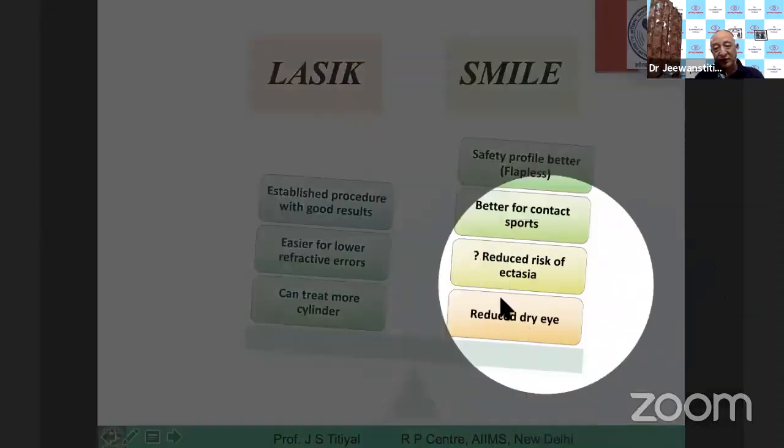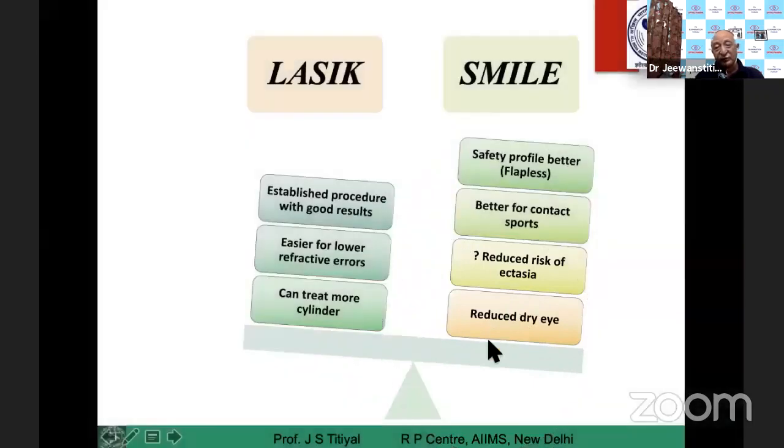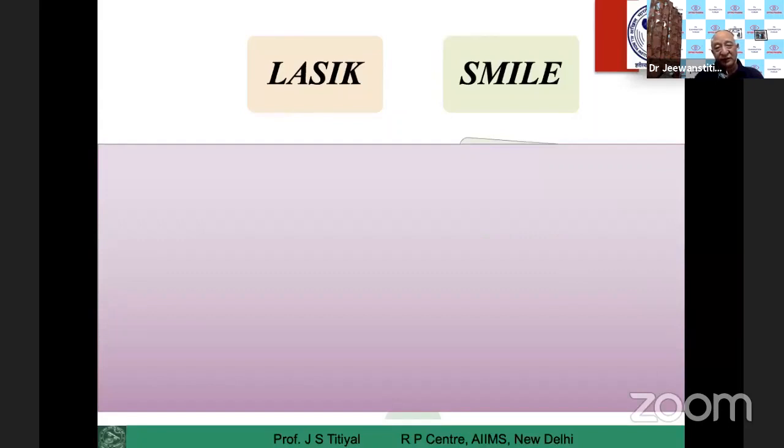Reduced dry eye is a major concern because most of our patients who come for refractive procedures wear contact lenses. They already have a compromised ocular surface. The surgery per se will definitely induce dry eye in these cases, and dry eye treatment has to be prolonged in patients who have significant ocular surface disorders. In SMILE and LASIK, both groups of patients would require lubricants for a longer period if the patient is symptomatic. In LASIK, I think the major advantage is the retreatment.